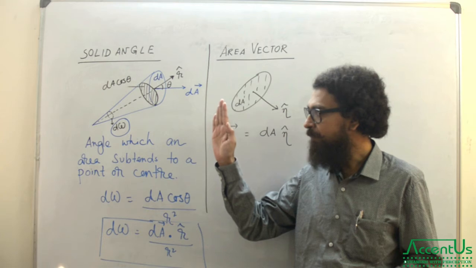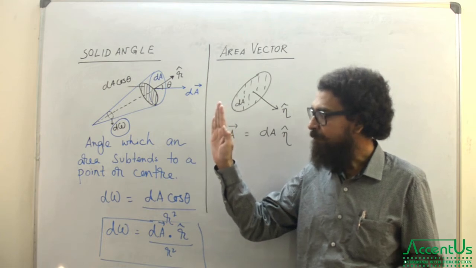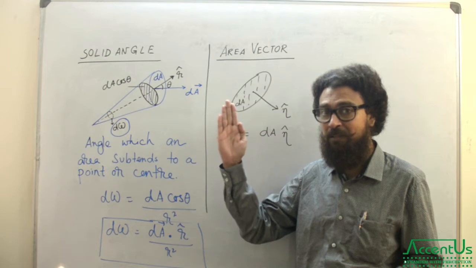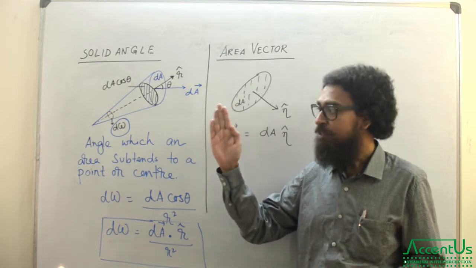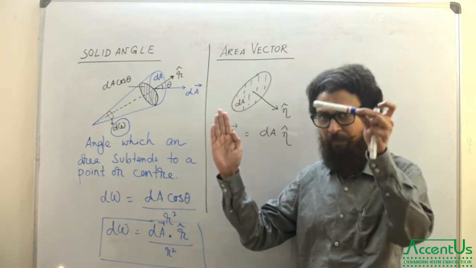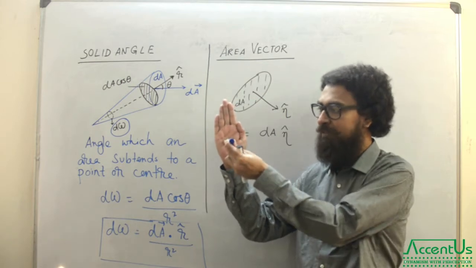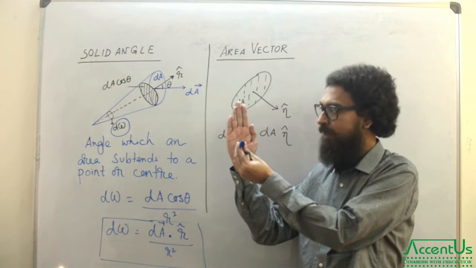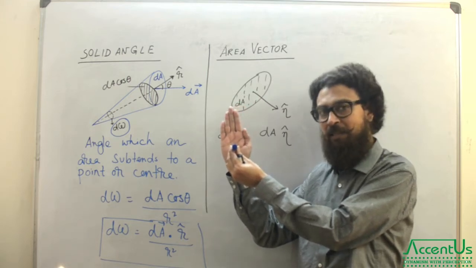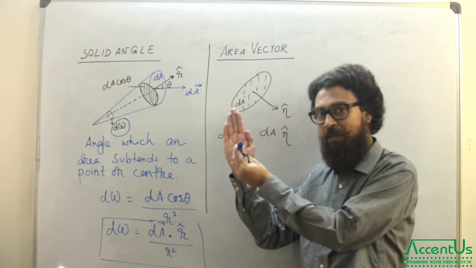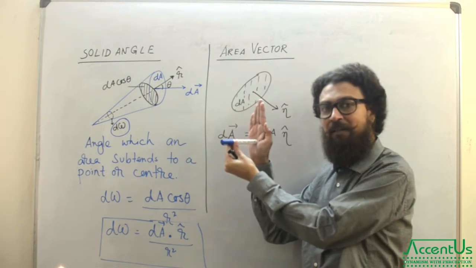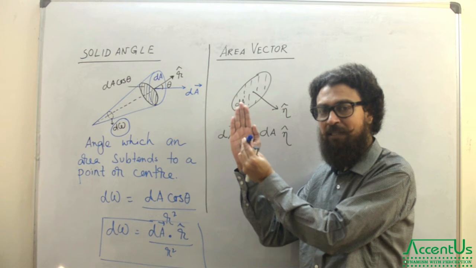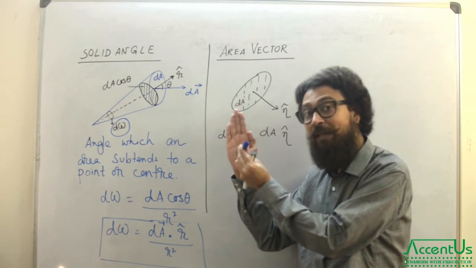But if I turn my palm like this, then the orientation of this area has now changed. It is not like this, it is now like this. If I attach a unit vector, say this pen here, and I place my hand like this, it shows you a particular direction, and if I turn it like this, another direction is visualized, because this orientation and this orientation are not the same. Now why is it not the same?